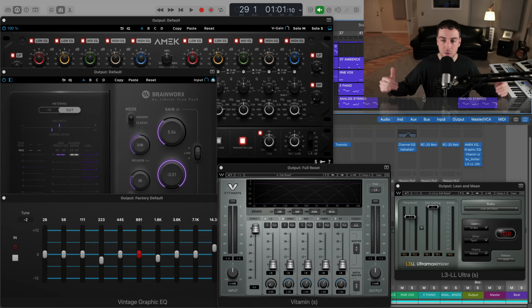You know how to create headroom very easily. You don't need to worry too much about gain staging and all that with your beat mixes. If you're utilizing VCAs, it's very easy to just bring that down at the end or at the beginning. You saw how easy it was to create headroom. So I hope this is helpful.